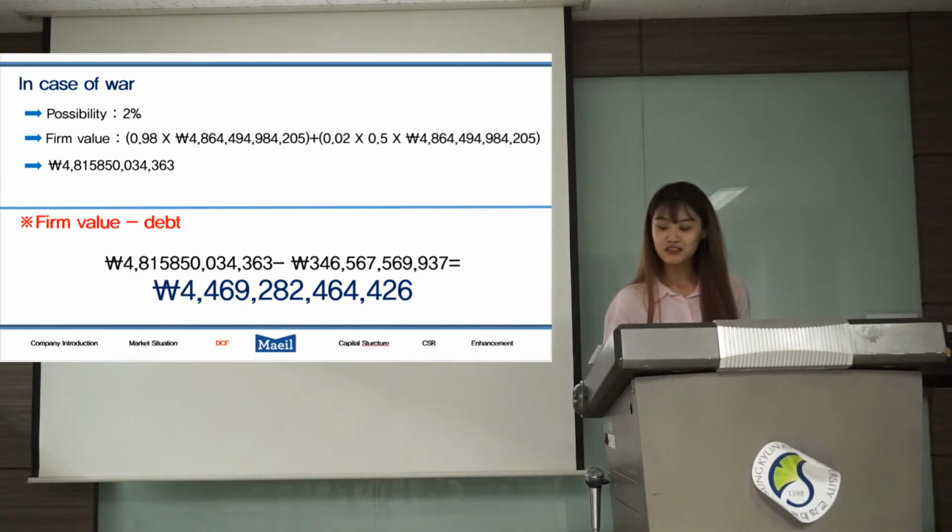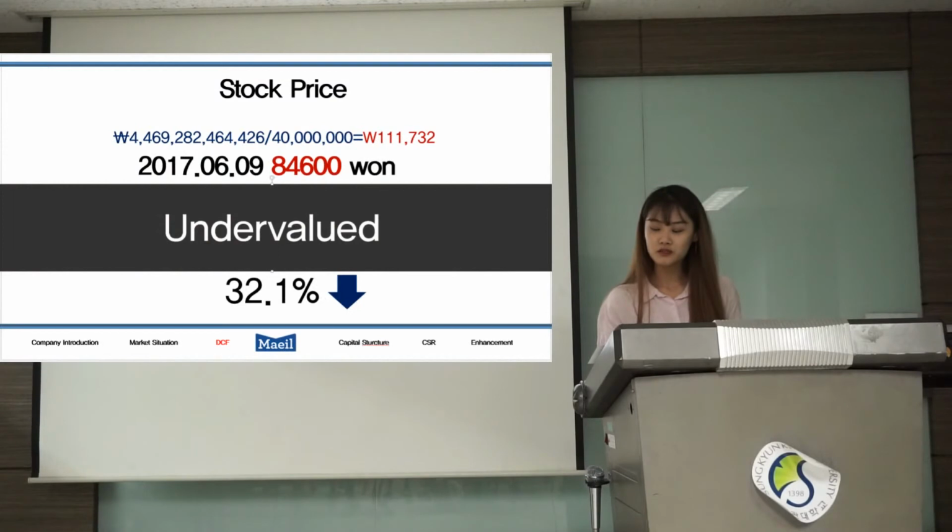Then we should subtract that amount from the figure above to get the equity value. Because we discount future cash flows when we obtain a CFF, we assume that the denominator is the maximum number of shares that can be issued by a firm in the future, authorized shares. The final price is